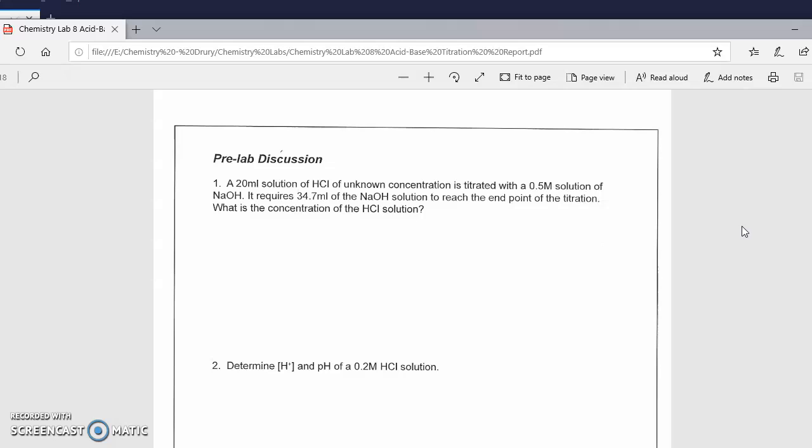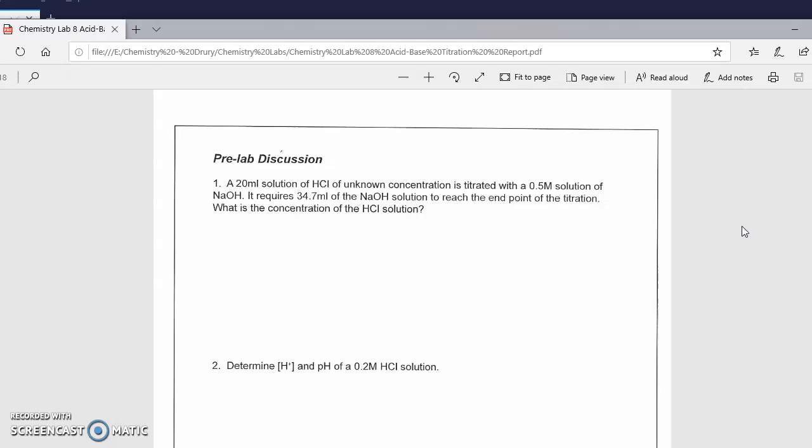And 1 liter is 1,000 milliliters. And what you have done is you've titrated that with 34.7 milliliters. So you'd multiply those three things together. It's 0.5 moles per liter times 1 liter divided by 1,000 milliliters times 34.7 milliliters is going to equal